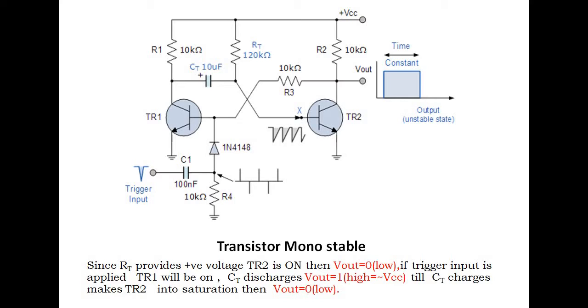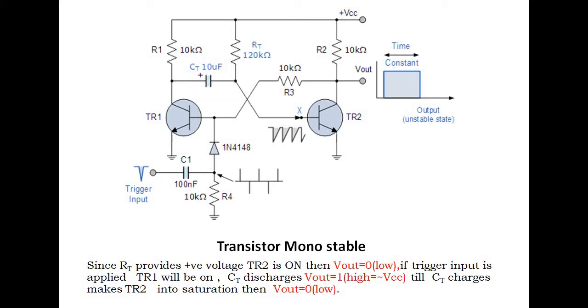So that's why this transistor Q2, or TR2, will become on. If the TR2 is on, output is going to be 0. Why? Because if the transistor is on, we are operating the transistor in saturation mode. If it is in saturation mode, output is 0. If Vout is 0, the same 0 volts is given to the base of TR1, right? So TR1 is provided with 0 volts, so output is high for TR1.